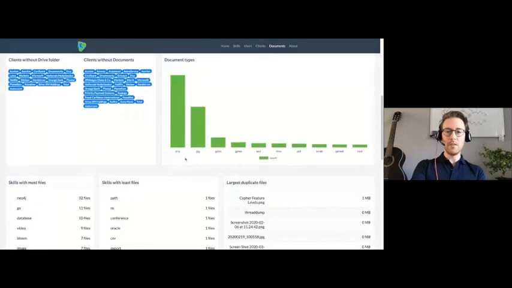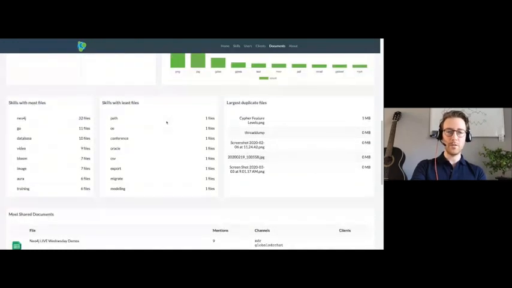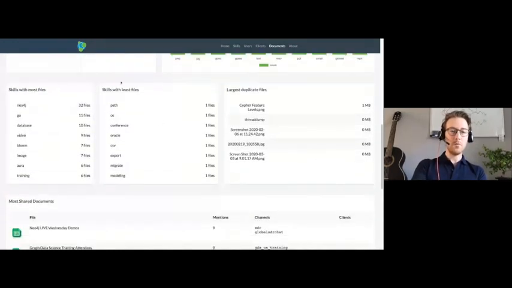On the document type, you can see how document types are used and which documents are shared within your channels. Now, this one is kind of important as well, especially on the skill knowledge. You might want to know which skills have the most documents, especially on best practice, and which ones do not have any documents, or the fewest.